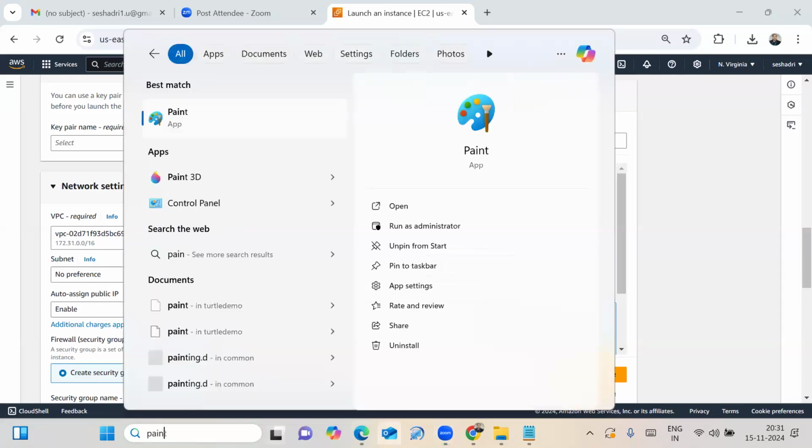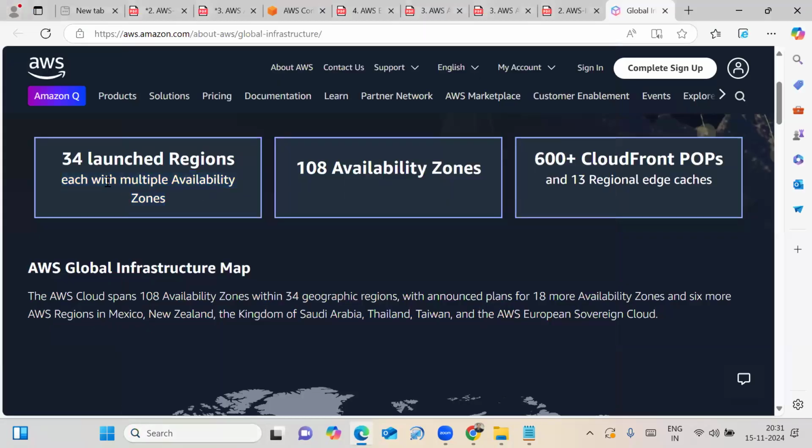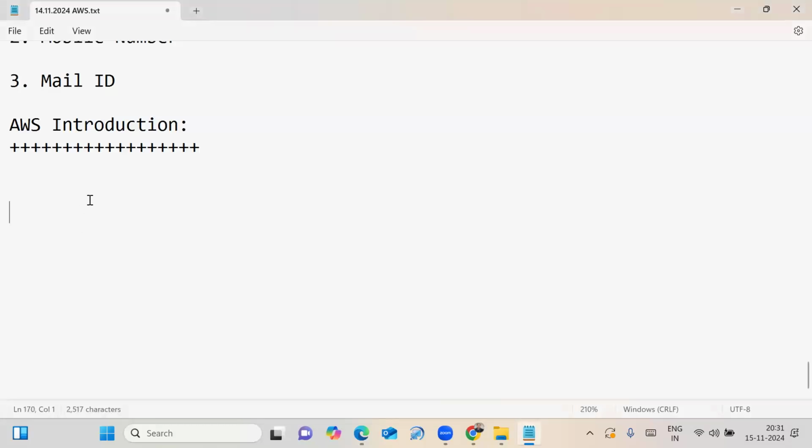Sir, you are saying that each region can have multiple availability zones. See here, if we choose the Mumbai region, how many availability zones are there? 3 availability zones. If you take the Hyderabad region, 3 availability zones.